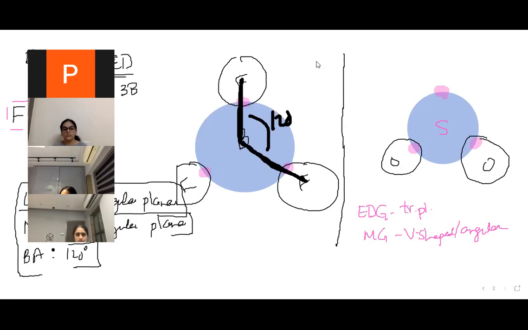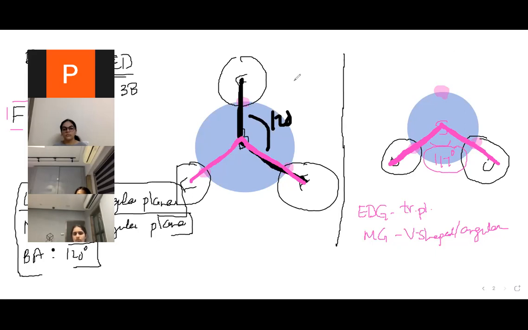Now the next is the bond angle. So for the OSO bond, what is the angle here? Like what was the angle over here? 120 degrees. The angle is supposed to be 120 degrees. But in this case, the angle will be slightly less than 120 degrees. It will be 117 degrees instead of 120. Now, why did the angle decrease?